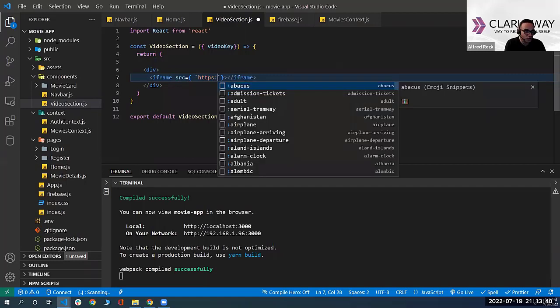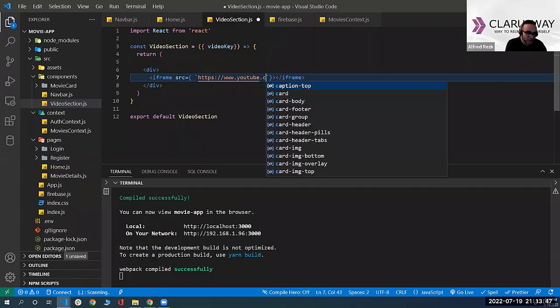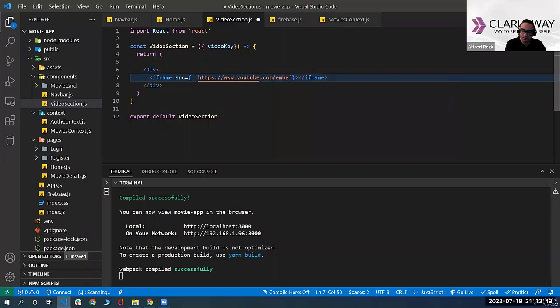HTTPS, where the YouTube www.youtube.com/embed, and then you put your video key that you want to play from YouTube. So it's just the YouTube web page /embed and / the key of the video that you want to play. So I'm going to pass the key here,